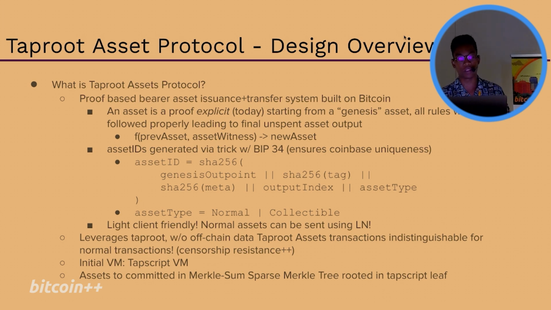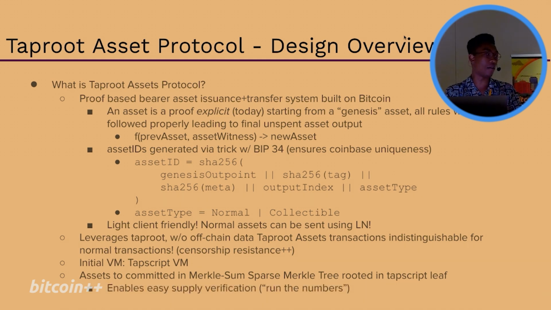Another important thing, which we'll see a little bit later, is that the assets are actually built into a tree, right? The leaves in the asset have an amount, and then you sum those up to create a Merkle sum tree, which is really nice because now the top level balance is the sum of all the assets, right? Which makes it very easy to, quote unquote, run the numbers within the system, which is cool because I can prove that, okay, if you gave me some asset, the output value should now be one less than what it was before, maybe if each asset has a value of 1.